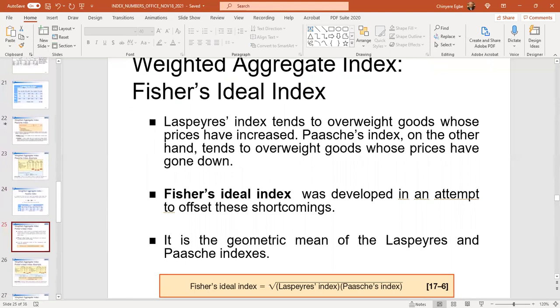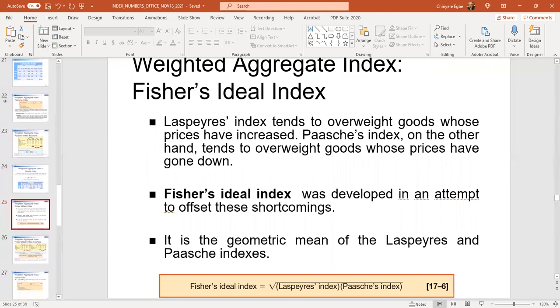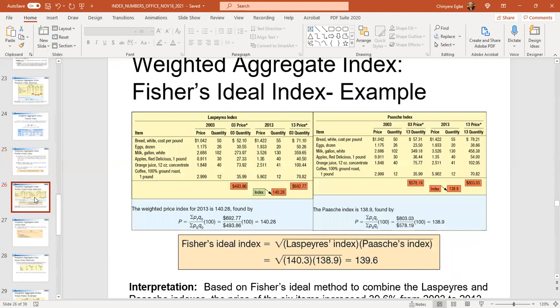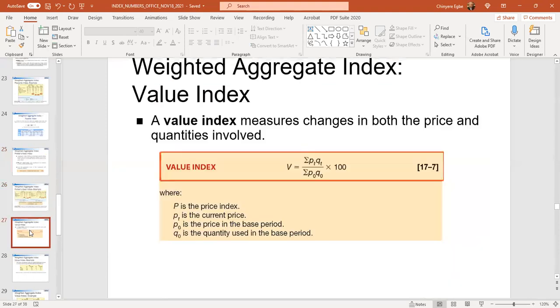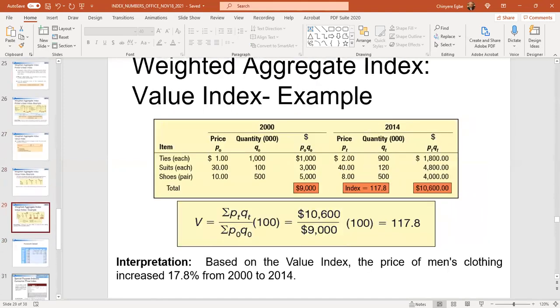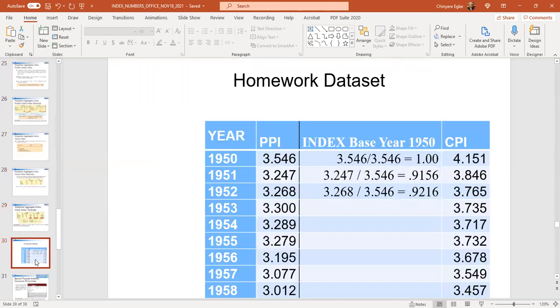And so, that is how to compute the indexes. Now, I'm going to illustrate a simple index. Your homework assignment is going to consist of doing a simple index, okay? So I'm going to bring that up. All I ask you for the homework assignment is to compare the producer price indexes from 1950